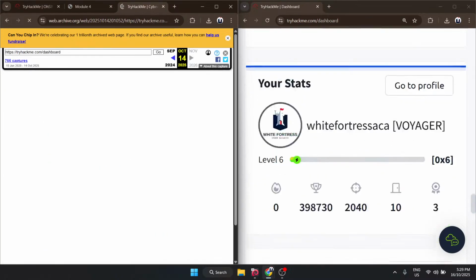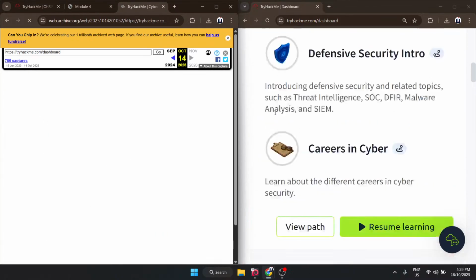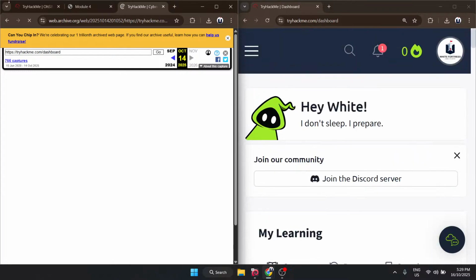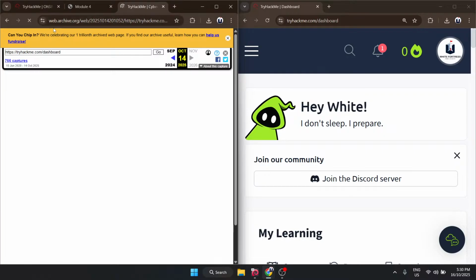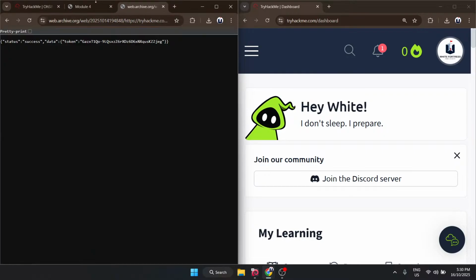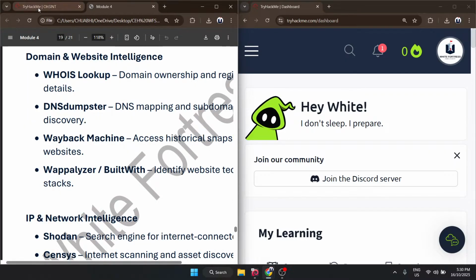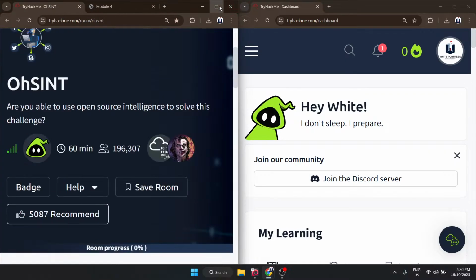So this Wayback Machine tells you about how exactly your website looked like, and we can also find some other vulnerabilities and functionalities that might not be there. Okay, it's saying status, success, data, token, and stuff like that. Okay, that's it. Next, let's move to OSINT,